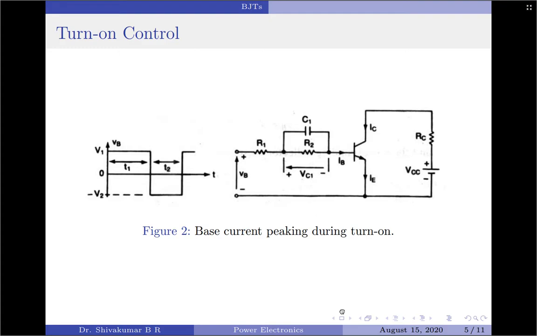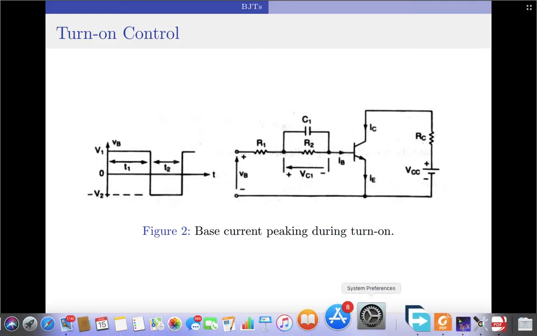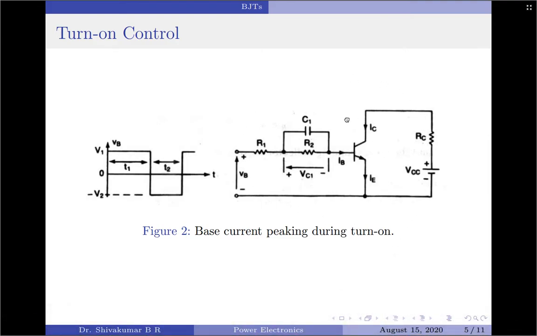Coming to the first one, which is the turn on control. The base current peaking can be provided by a circuit as shown here. When the input voltage is turned on from 0 to V1, the base current is limited by the resistor R1 only. That is because at the very beginning we assume the capacitor to be not charged to any value. That is, the voltage across the capacitor is 0. So at time t equals 0, when you apply the base voltage, the capacitor acts as a short